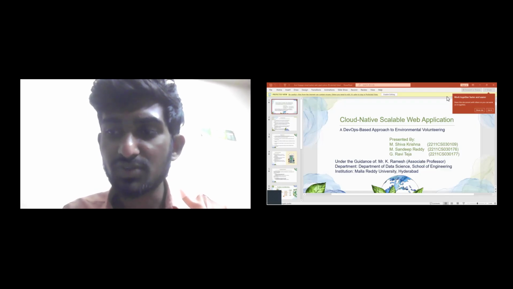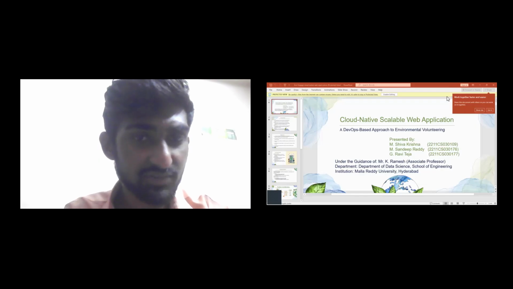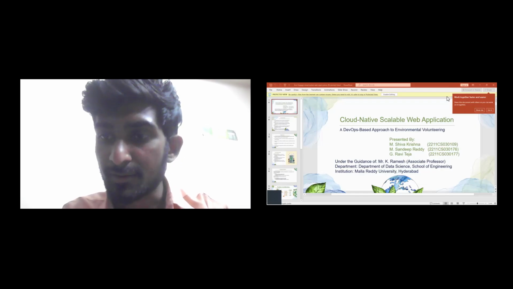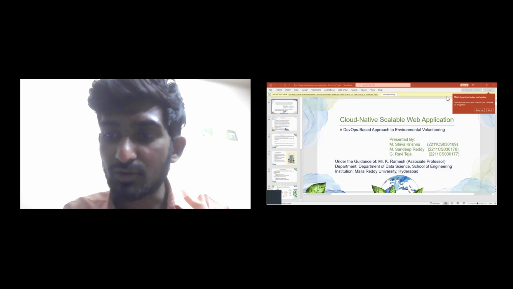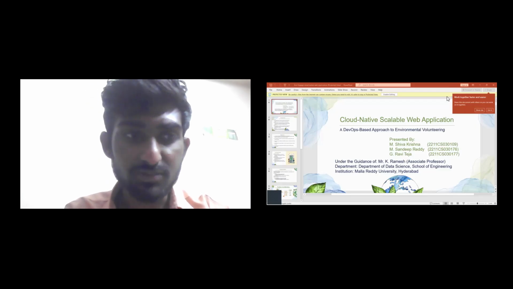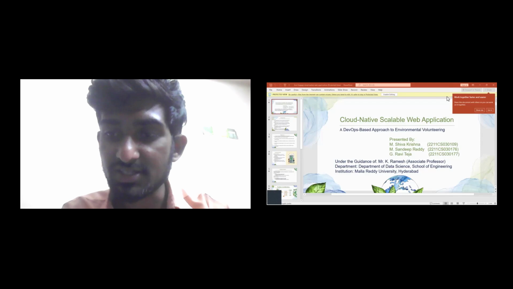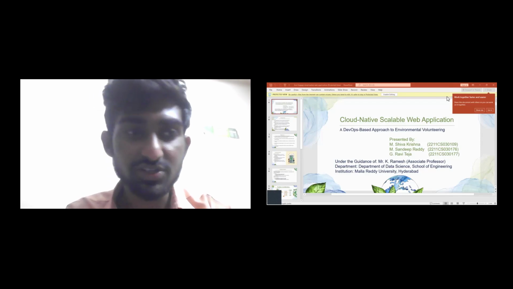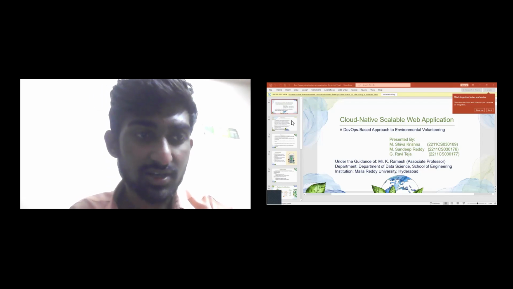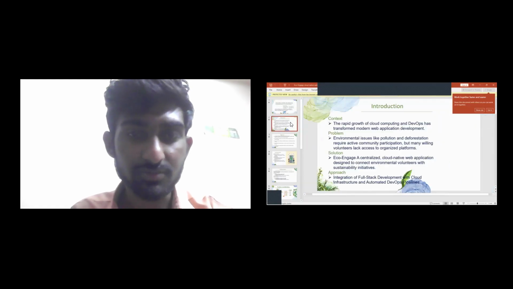The platform allows users to register and view available environmental activities, and the application is deployed on the cloud environment to ensure availability and scalability. It follows DevOps practices: automation, deployment, and continuous integration, which is called CI/CD. And coming to the introduction part,